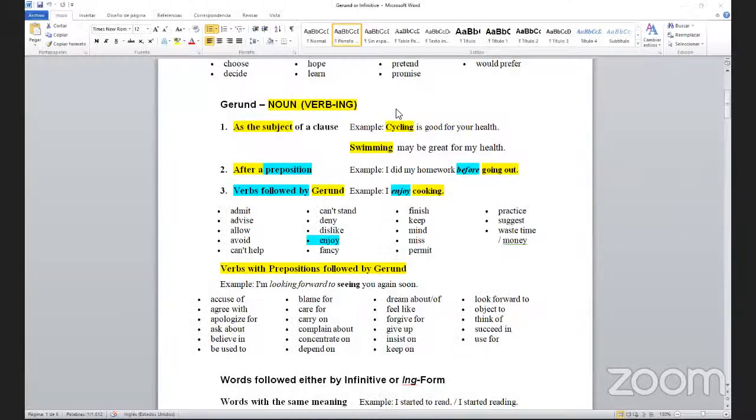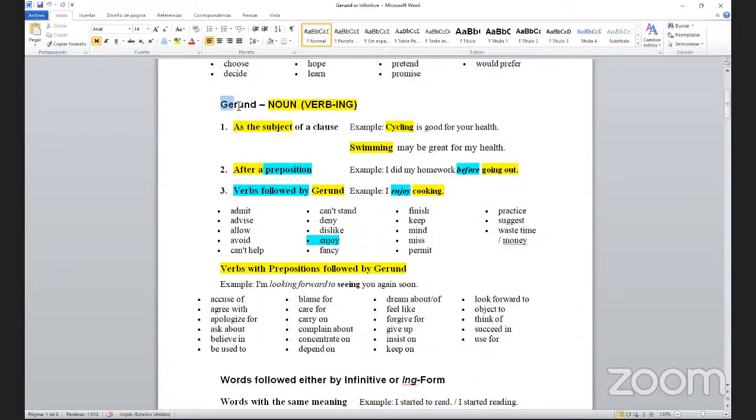Well, today we just have to do one grammar. So this grammar is not difficult. We are going to see it right now. I will share my screen. Okay, so in this case, we will see the gerunds, okay? And we are going to say here that